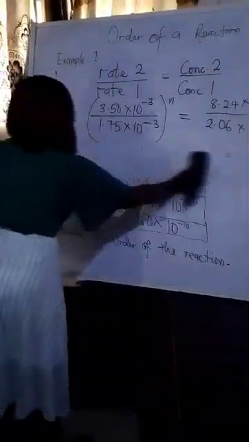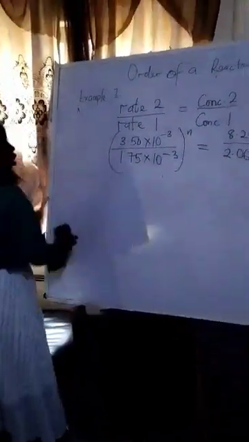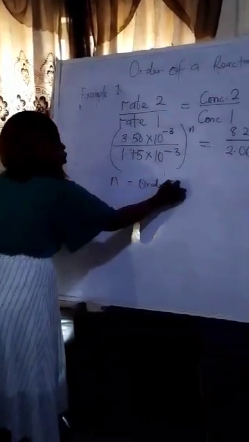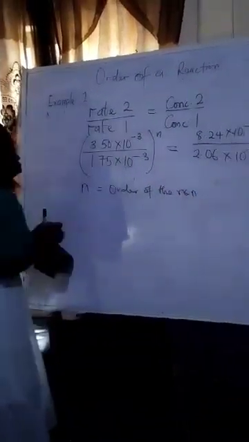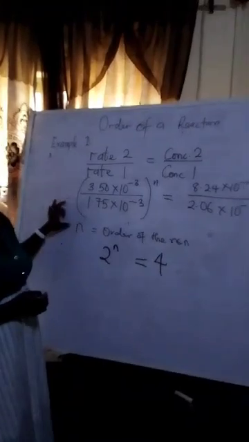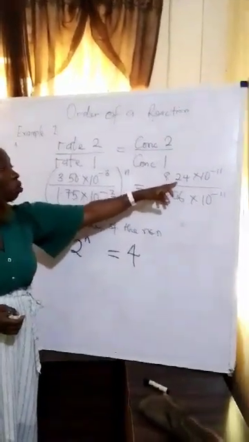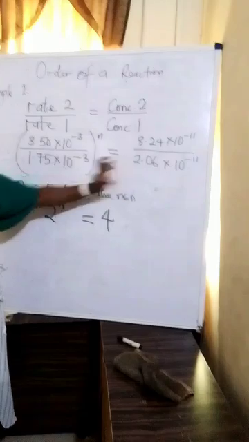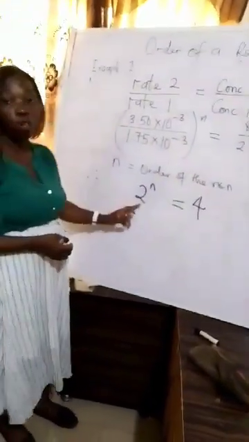So we are going to press our calculator to know the value of the order of reaction. n is equal to the order of the reaction. When you tap your calculator, you see that 8.24 times 10 raised to power minus 11 divided by this will give us 4. And these two, when you divide them, it will give us 2 raised to